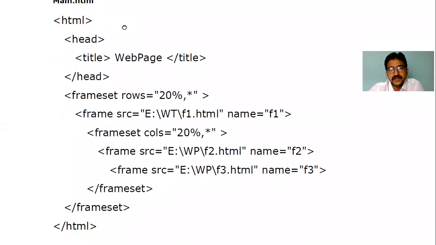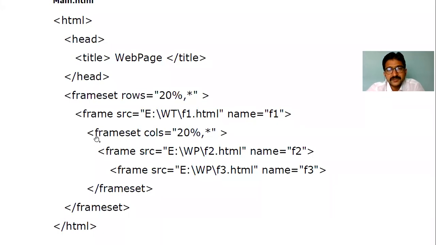See, in this 20%, immediately after the frameset, if you add a frame, automatically it goes to the first value. The first value is 20%. What are we adding? We are adding f1.html. Let me see what will be there in f1.html later. For now, please remember f1.html will be added for this 20%, right? What is the name of the frame we are mentioning? Name equal to f1. Why are we giving names? For referring from the other frames, to make connectivity from frame 1 to frame 2, frame 2 to frame 3. We are making an identification with the attribute called name equal to f1.